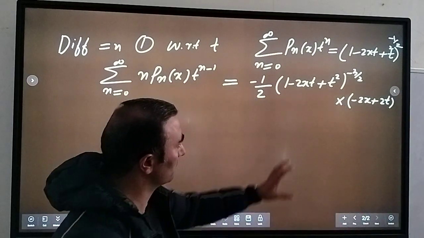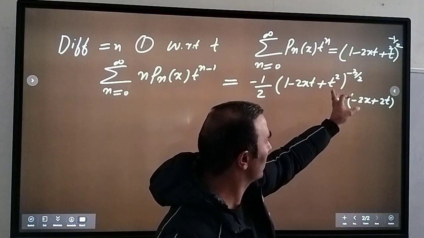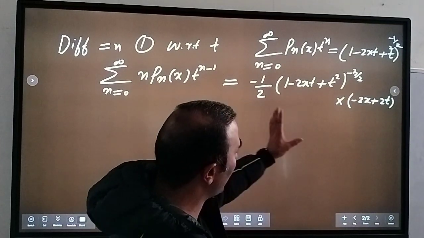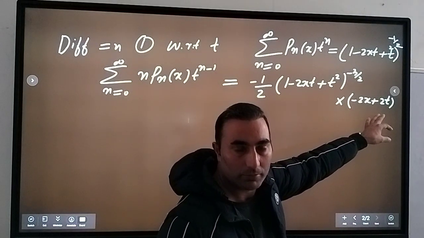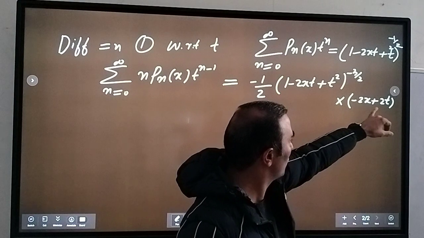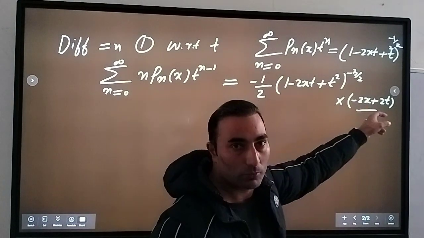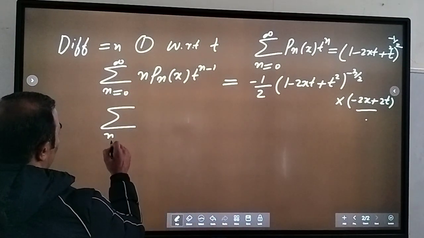because minus 2x times t will be minus 2x and t square will be 2xt. Now let's have a look at the right hand side, because you can take the 2 out from this bracket term, so that 2 will cancel with this. Now minus, you multiply to this. So that means I can write this as,